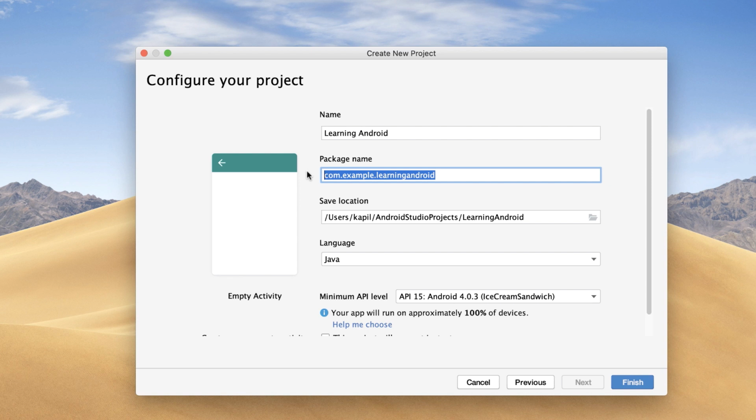And there is a general convention for writing the package name. So for example, let's say our website is abc.com. Then we're going to write our package name like this: com.abc, and then our application name, that is Learning Android. And if you don't have a domain name, then you don't need to worry about that. You can place anything. For example, you can write Google or Facebook, and as of now we're going to say